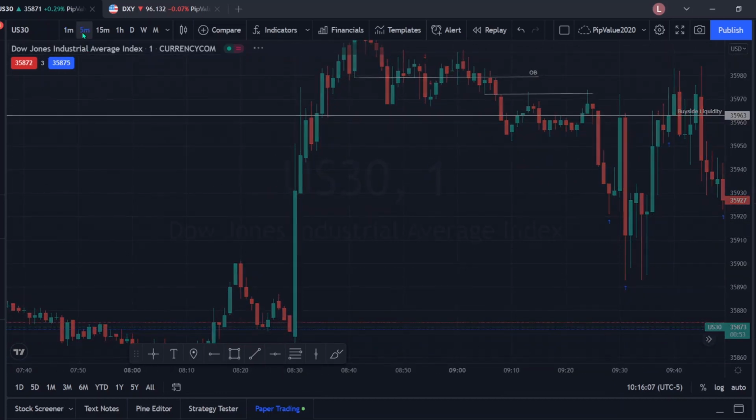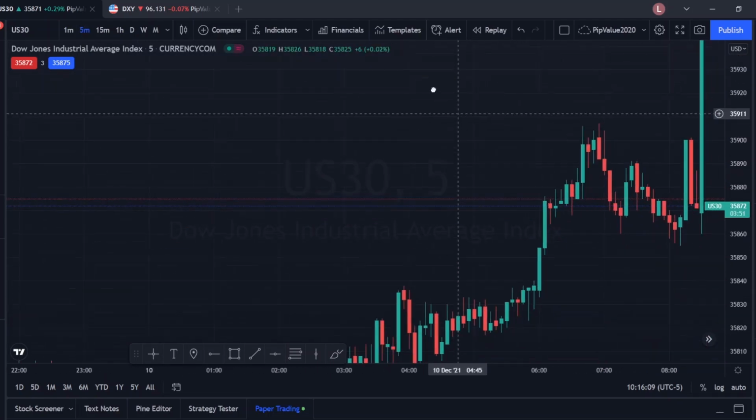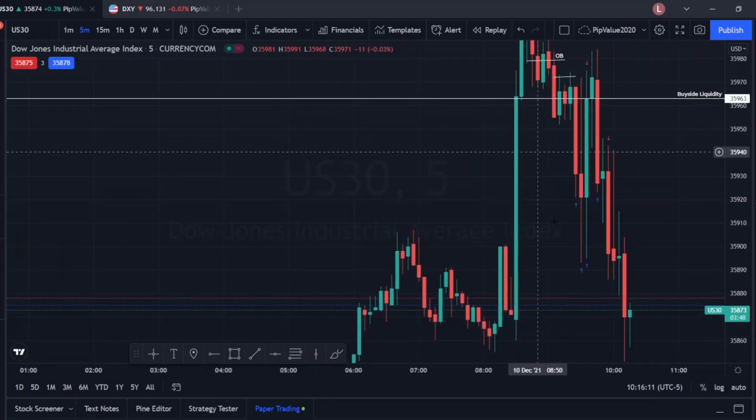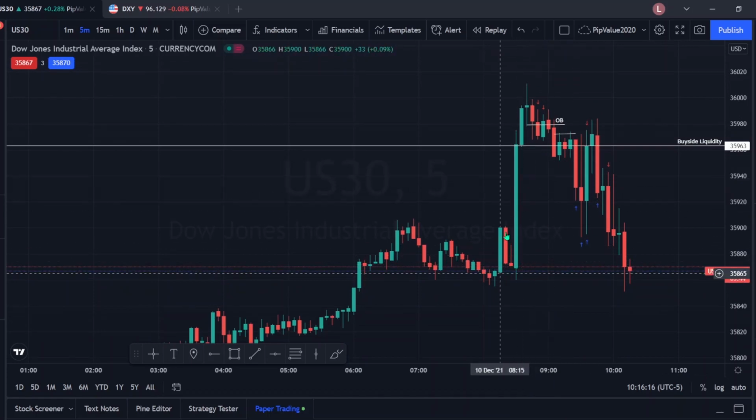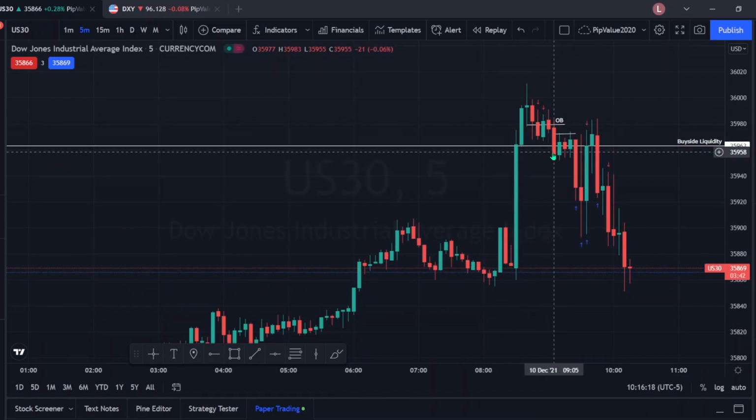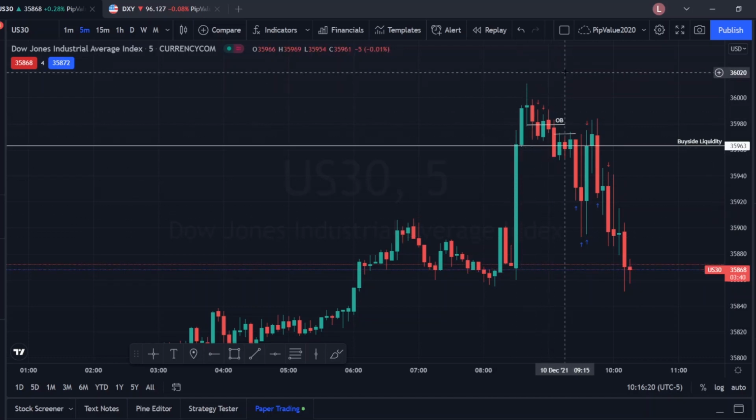On a higher time frame, it is this one here, this imbalance. I saw price wanting to fill this one. So even though price was screaming higher, for me, at some point after taking this liquidity here,